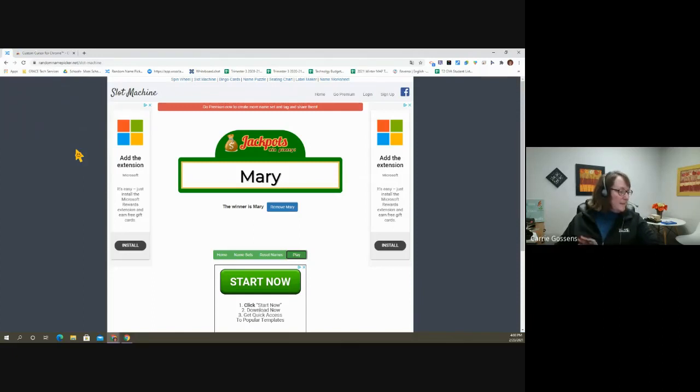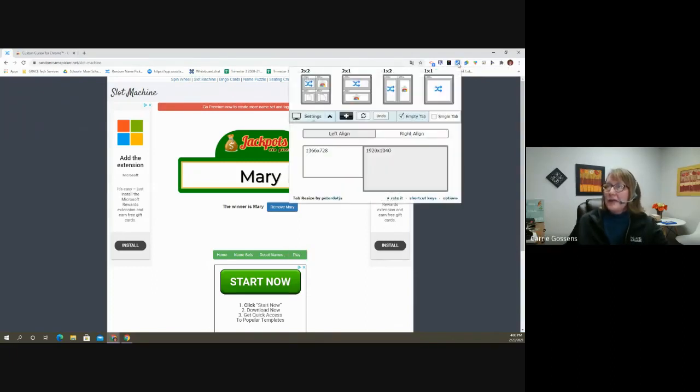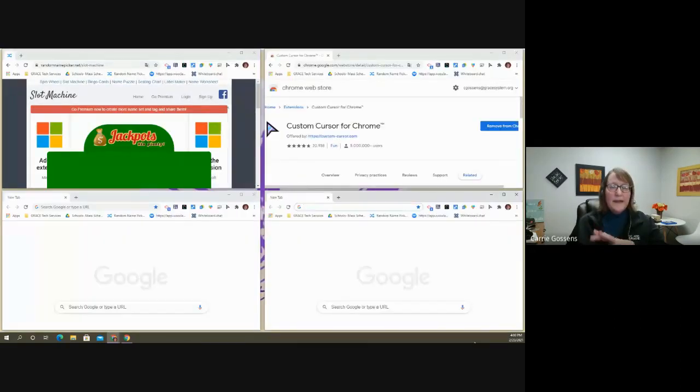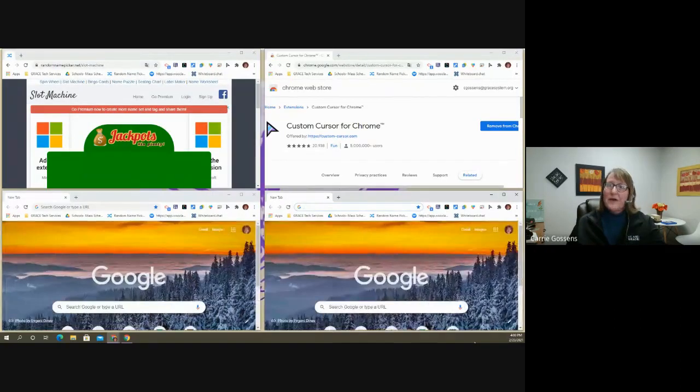All right. The other thing that I'd like to show you, another extension that I discovered I think is a lot of fun, is this one right up here. It's a blue square with an arrow going across. It is called Tab Resize Split. When you click on it, it gives you the ability to change your screen from one screen to either 2 or 4. And so if I do the 2 by 2, I now have 4 screens that I can have up. Might be a game changer when you're trying to present to your students